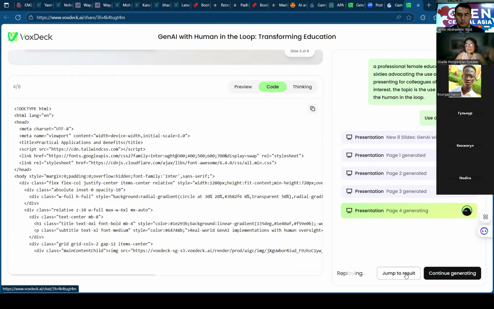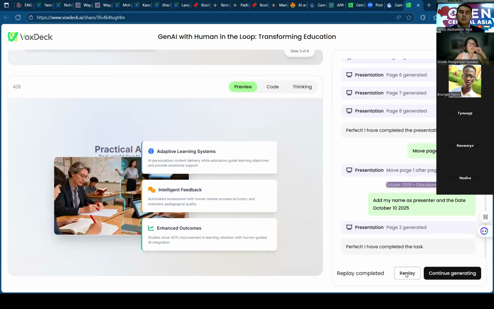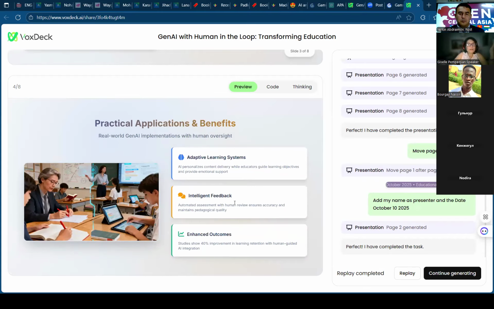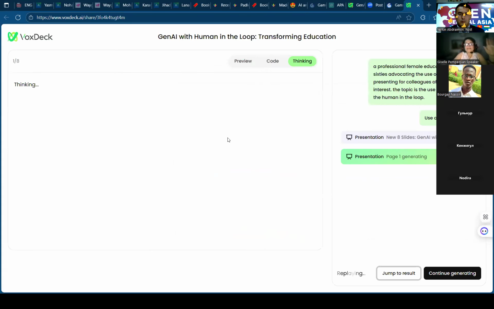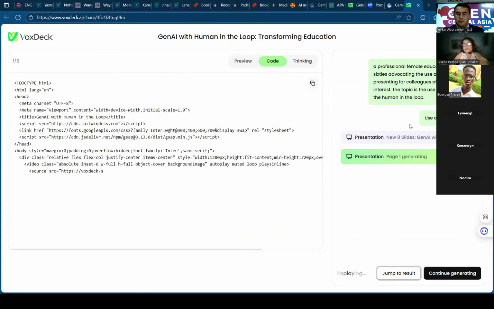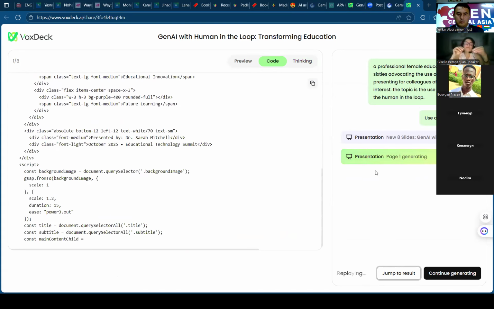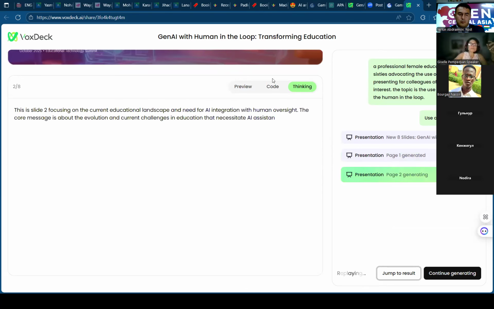Let me jump to the results. Okay. Voila. Look at the results. In no time, you get the different slides, and you can check them. I will show you the example, but this is how it processes it. And then you can change the prompt, but the thing is, with the free tool, you have a limited number of